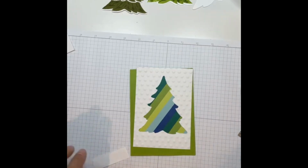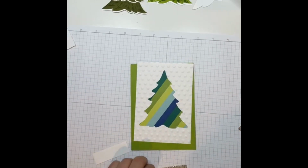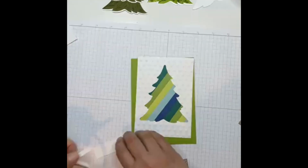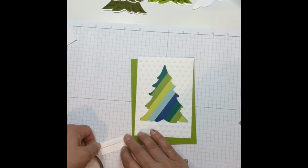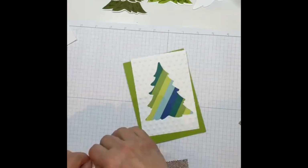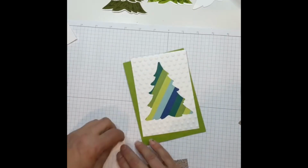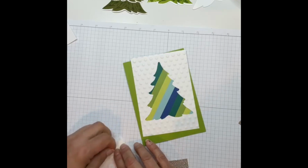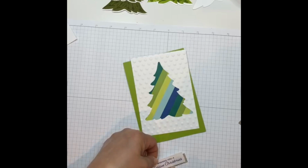I find it hard to stick onto glimmer paper with glue. Actually, it's impossible to stick onto glimmer paper with glue. So tear and tape, I think, is the way to go. Or Seal Plus, but I seem to be not adept at using that product either. So I'm going with